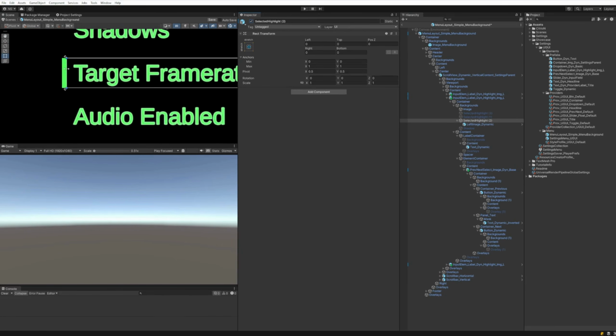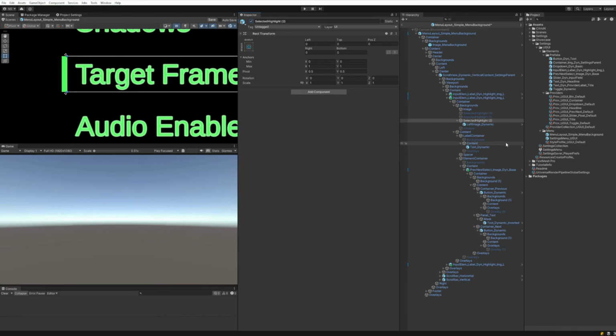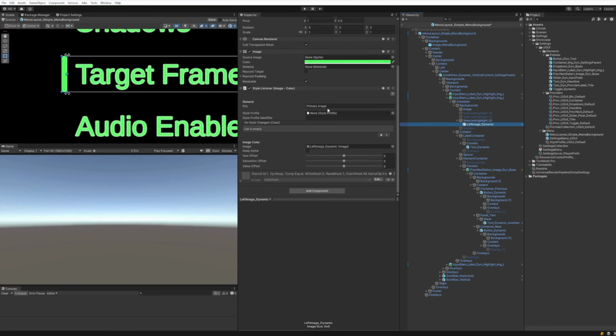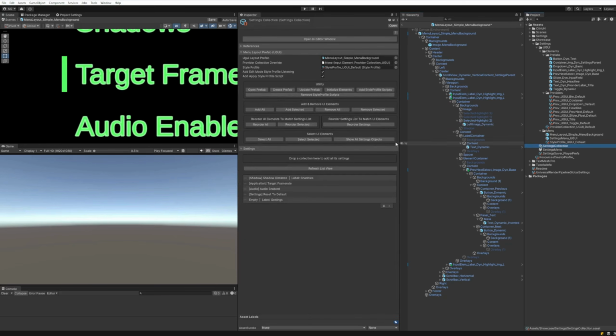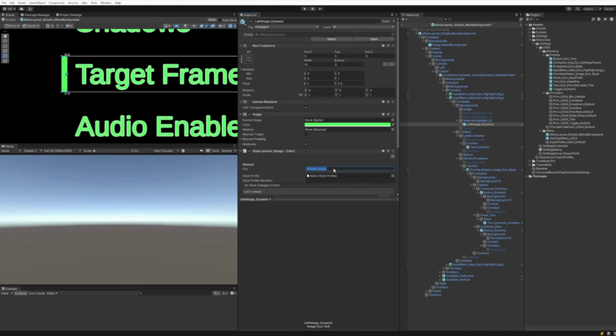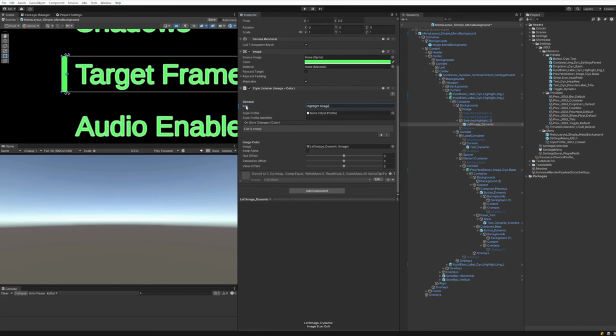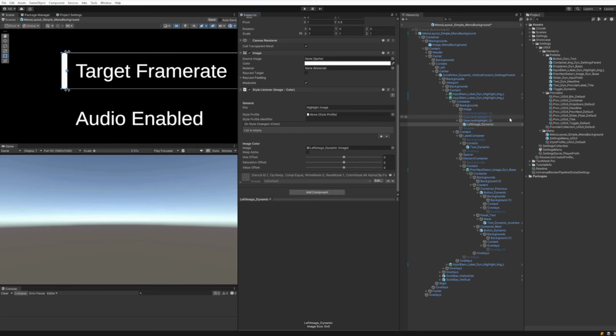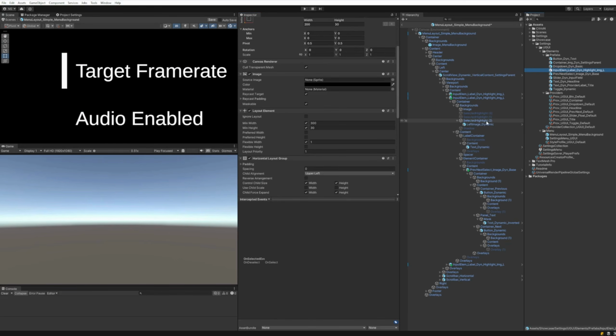This is how it would look. It has a green bar on the side, and it's actually using the primary image in this case, but let's go and change this. Go to the style profile and highlight image and go back to this. Make sure to paste that in, and in our case we want this for all of them, so let's apply this to the prefab itself, being this one here,